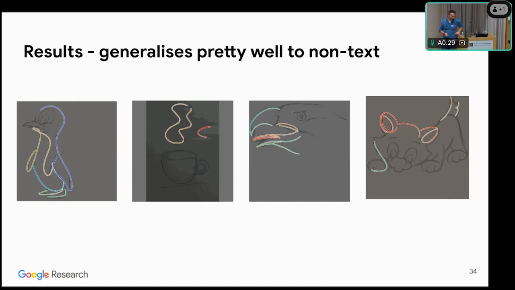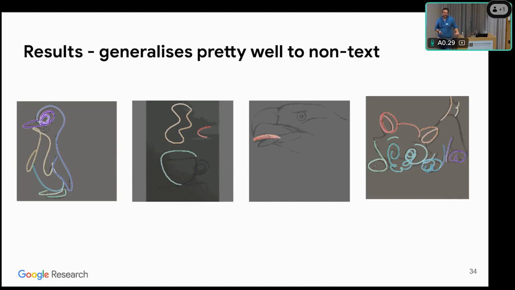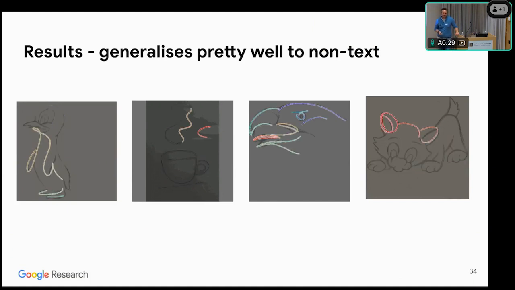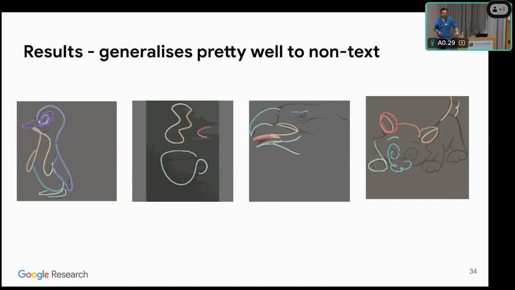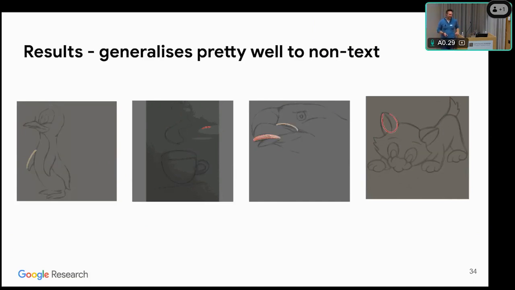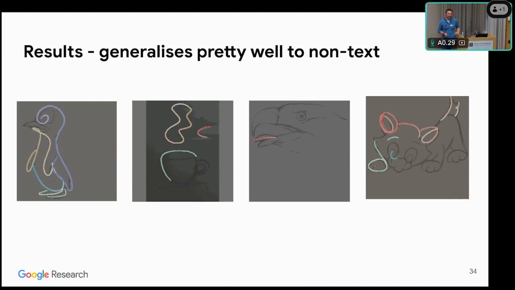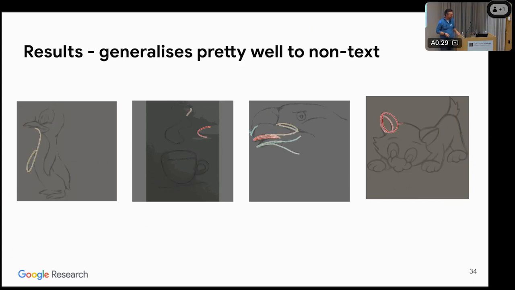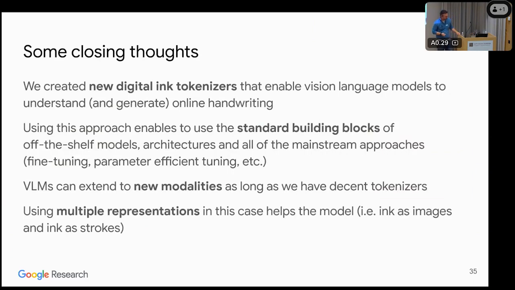So this is another one, it was a surprise to us, kind of. So the model was trained only on text. And we thought, why don't we just throw some drawings at it and see what it does? And surprisingly, it's not perfect, but it starts to have an idea of how things are drawn as well, which we found was a really interesting capability. And it got us excited to pursue that direction as well. All right.